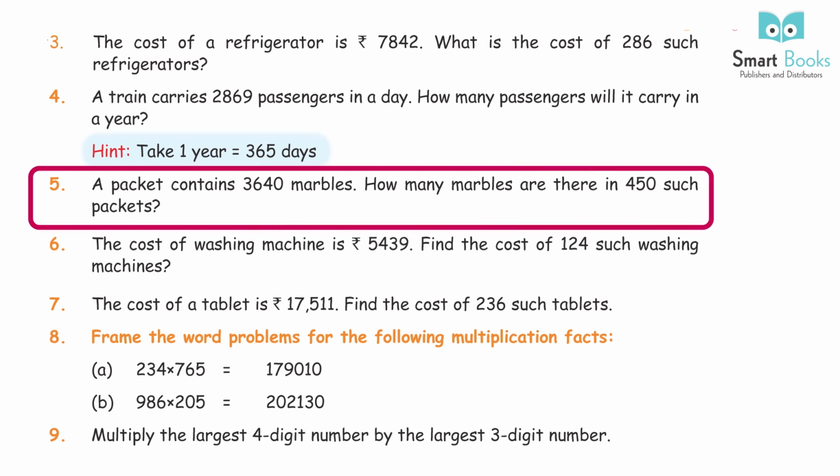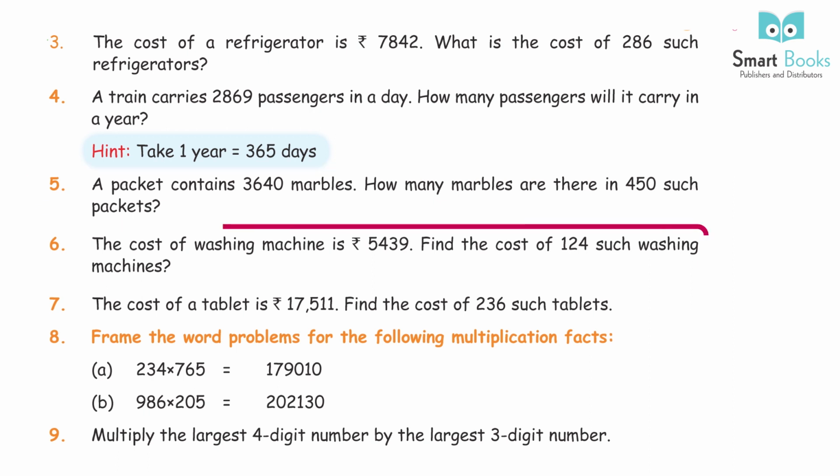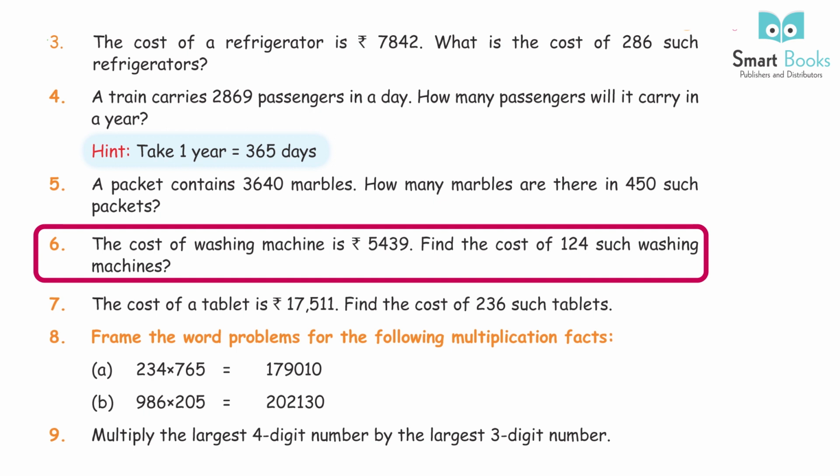5. A packet contains 3,640 marbles. How many marbles are there in 450 such packets? Answer: 1,06,38,000. 6. The cost of a washing machine is 5,439 rupees. Find the cost of 124 such washing machines. Answer: